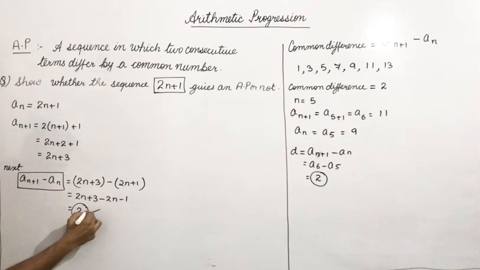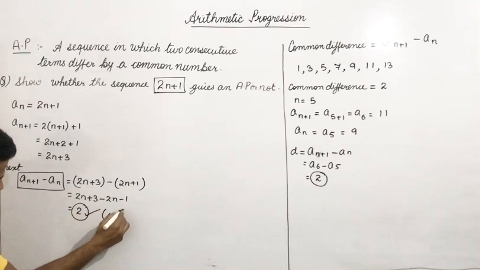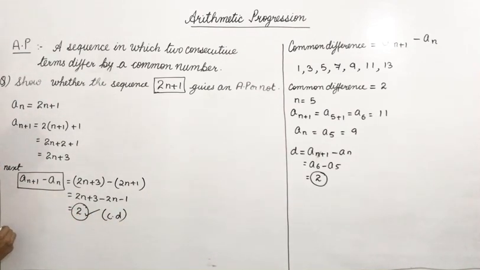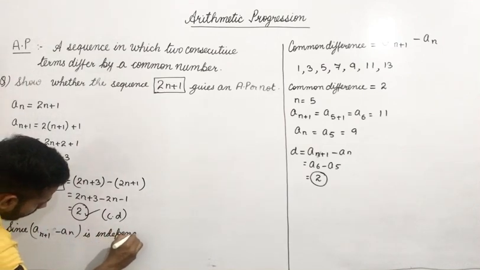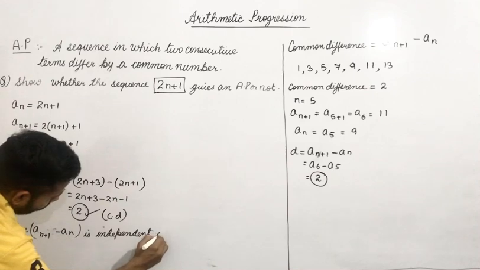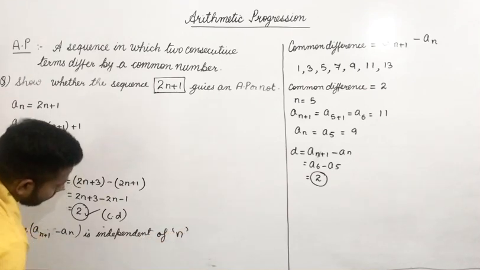And this is the common difference. Since a(n+1) minus an is independent of n,